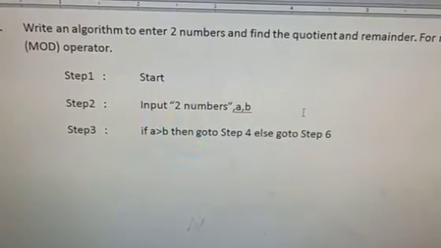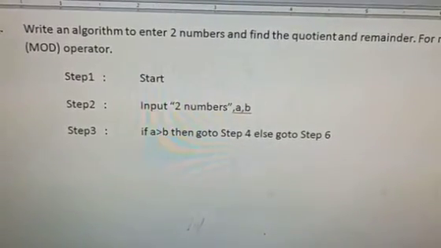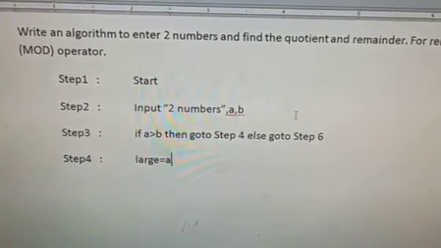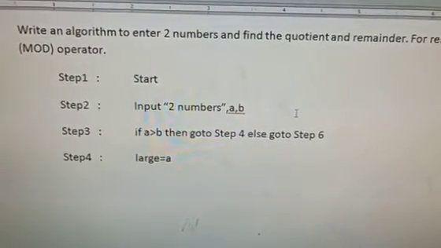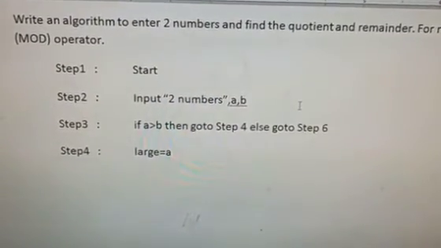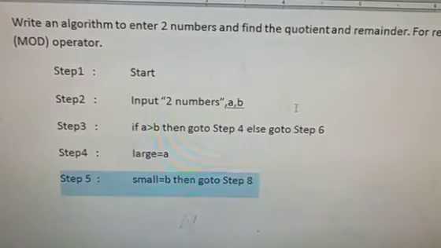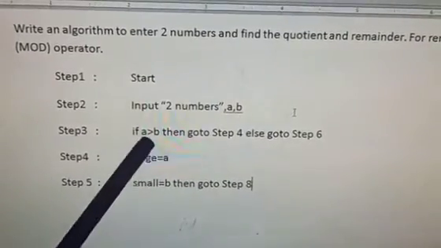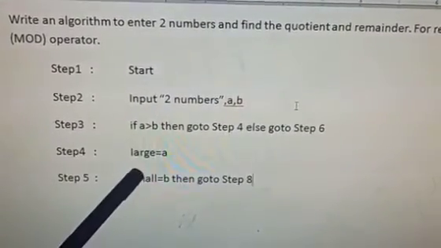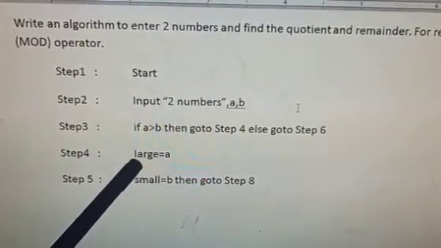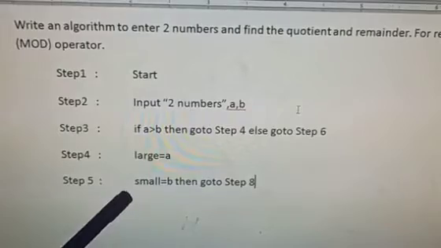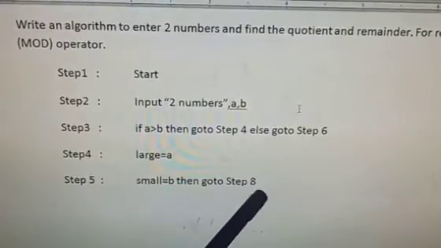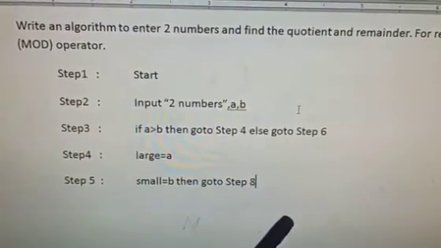So in the next step, what we are going to do? In the next step, we are going to find the largest and store it in a different variable, that is large here, right? In step 5, what we are doing? If the condition is true, then the transfer moves here, and in this the largest number we are storing in a variable large, and after that the smallest we are storing in a variable small. Then after that go to step 8, that we will continue later.